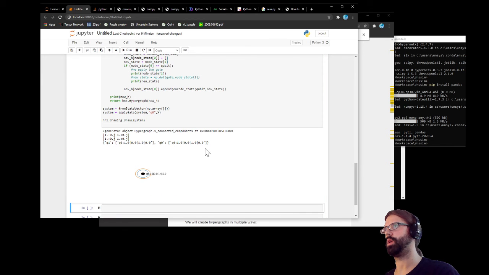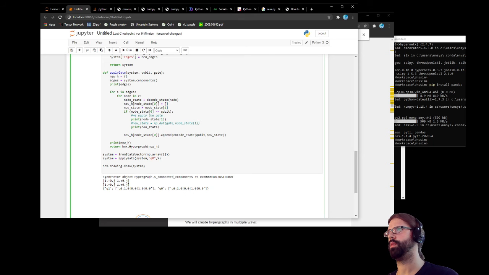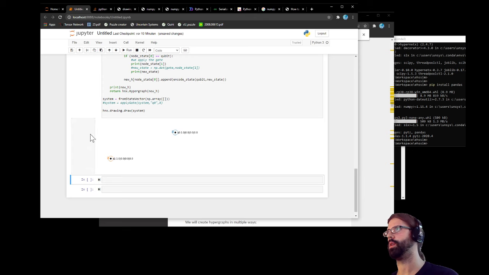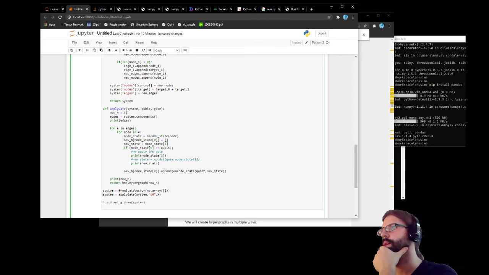Something's not working right. Wait a second. So first of all, let's not apply this gate. We have these. And if we apply the gate to Q0, right? Let's just